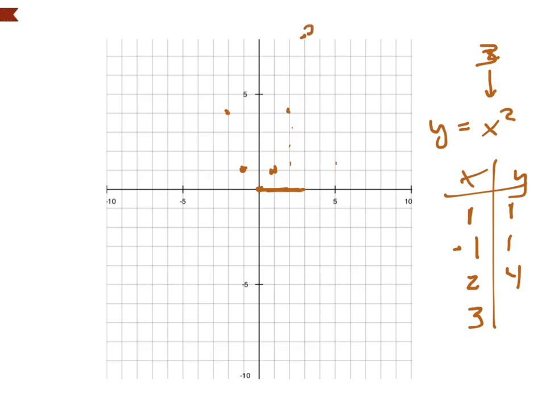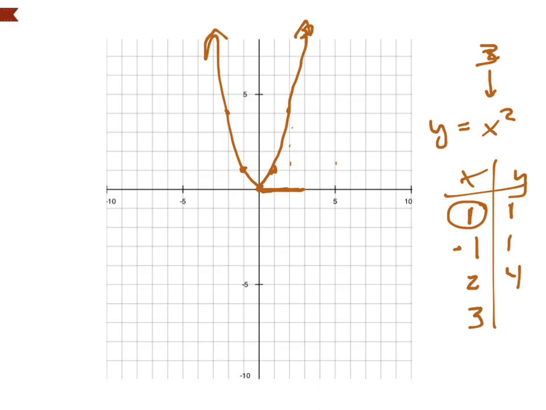But your quadratic equation, instead of going at a constant rate of change, like a line with a slope, you're going up by squaring. Whatever you plug in for x, you're squaring that, and you're going up that much for y. So what if I had